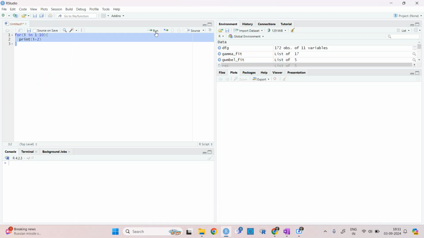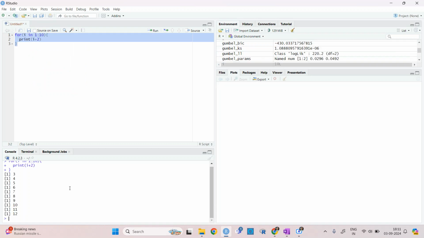If I run it, this will be written in the console on its own, and then you can see the results. So for i equal to 1, I have given i plus 2 as the execution command. When i is equal to 1, it is 1 plus 2, 3, and then when i is equal to 2, it is 2 plus 2, 4, and it will work up to 10. So 10 plus 2 is 12. That will be the answer.